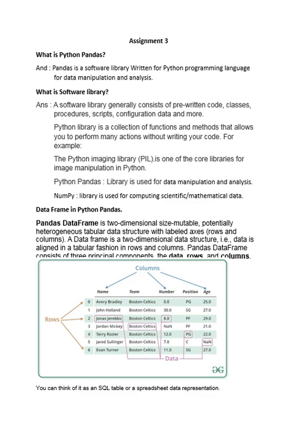A Python library is a collection of functions and methods that allow you to perform many actions without writing your own code. For example, if you are designing a program in which you require some images, you want to fix some images, then we require